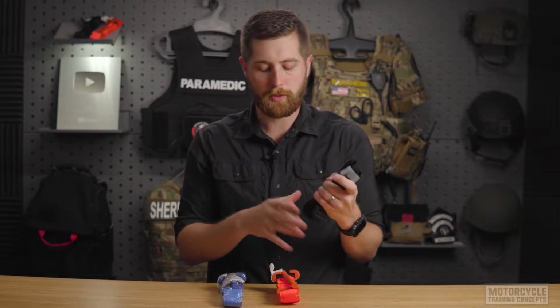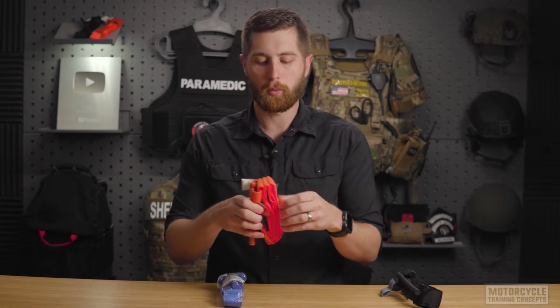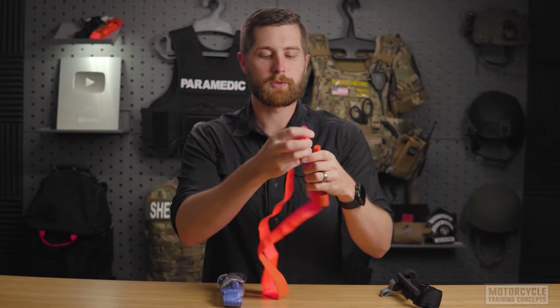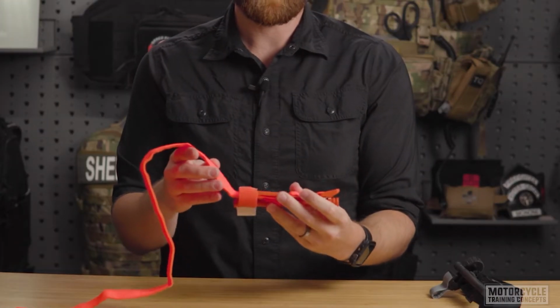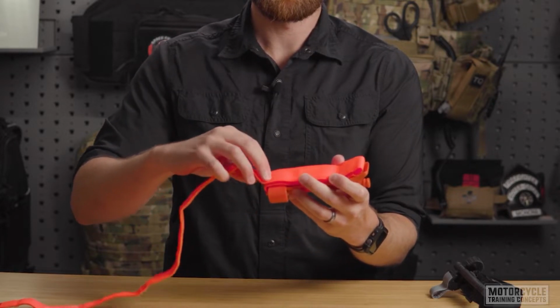The second way you can stage a tourniquet, if you don't like doing it this way, is going to be an old military trick. So with this, we have much less of the Velcro attached, so it's slightly easier for one-handed application. In this method, we're going to take the strap completely out of the buckle, and what I'm going to do is I'm going to start accordioning it in on itself. So I'm going to come all the way to the buckle, I'm going to loop back, and then I'm going